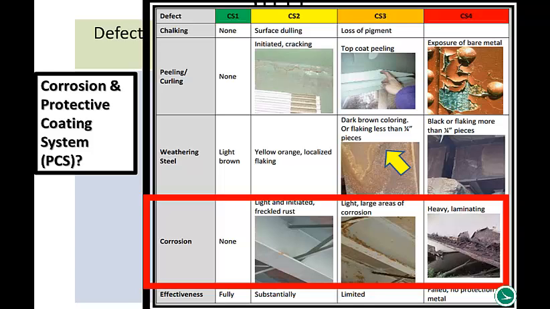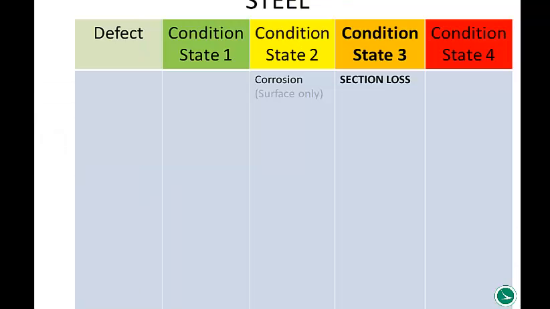We're concerned with more things with protective coating. For example, how light or how large the areas of corrosion are, if there's heavy or laminating corrosion, if there's peeling of the top coat or initiated cracking in the protective coating system, or the discoloration within the weathering steel. There is some overlap. So if you have corrosion controlling your steel and a lot of quantity is in condition state 2, that should also be reflected within the appropriate condition state for protective coating system as well. There is some overlap. So going back to steel,